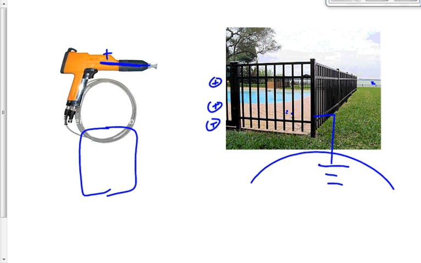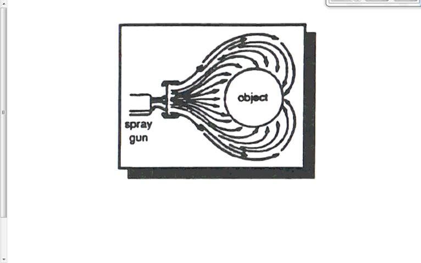Works great. Are all the particles of paint going to touch the front of the fence? Probably not, because some of them are going to be moving a little bit too fast. Some of them are going to go in between and right through, right? What happens to those particles? Well, because they're positively charged, and this thing is neutral and attached to the ground, these positively charged paint particles that are going around the back are going to be pulled back to the back